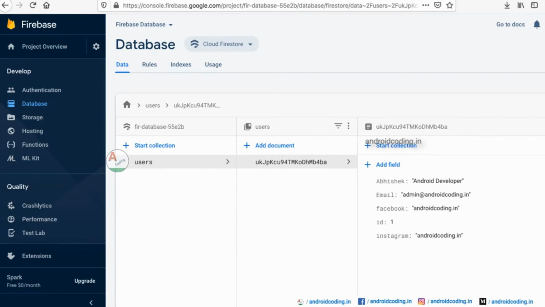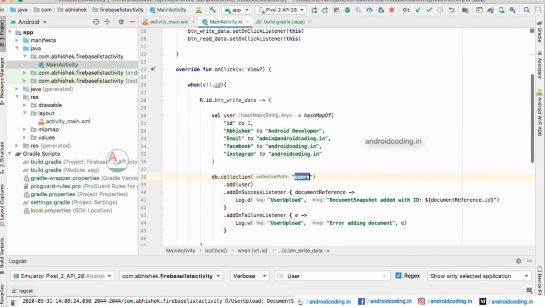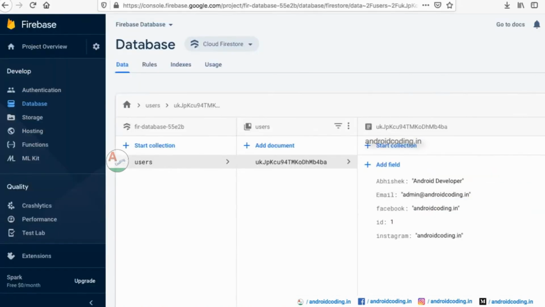Here you can see users, the name we provided for the collection. Inside it, it has created a document ID dynamically.